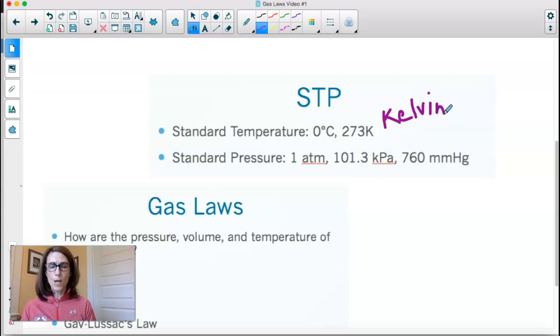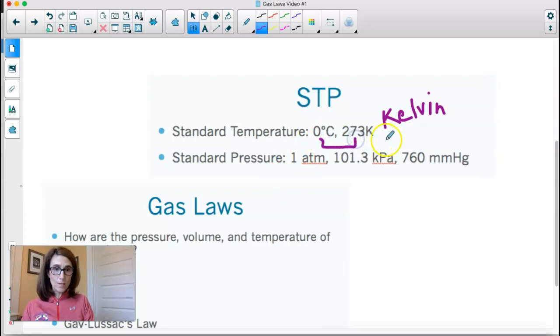So Kelvin. And then our values for standard pressure, and remember these are all equivalent to one another, just like 12 inches is equivalent to 1 foot. 1 atmosphere, 101.3 kilopascals, or 760 millimeters of mercury. Okay, and back to our temperature, because you're going to need this as we move forward, to convert between degrees